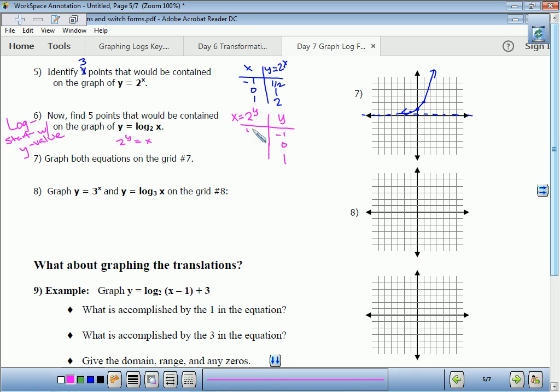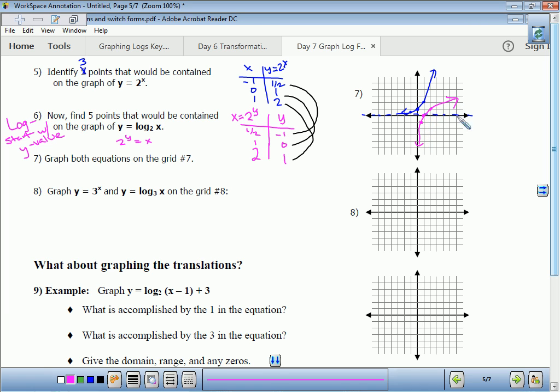So 2 to the negative first is 1/2. 2 to the 0 is 1. 2 to the first is 2. Because they're inverse functions, do you guys see that those two just switch, the x and y? These two just switch, the x and y. These two switch, the x and y, because they are inverse functions. All right, so when we graph it, this one's going to be over a half, down 1, over 1, up 0, over 2, up 1. And when we look at this graph,